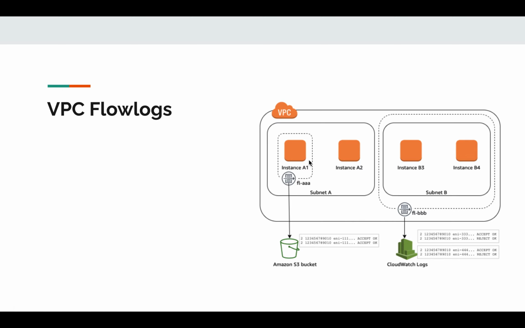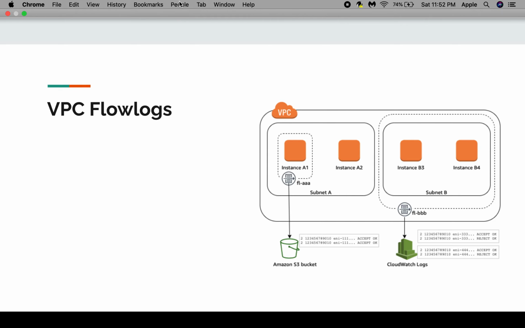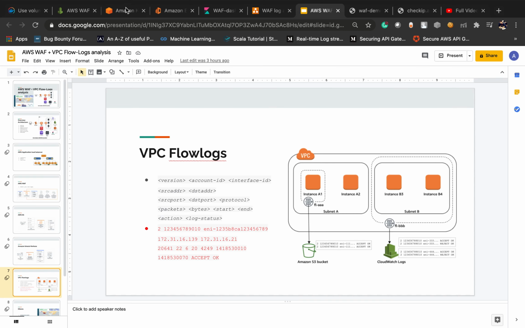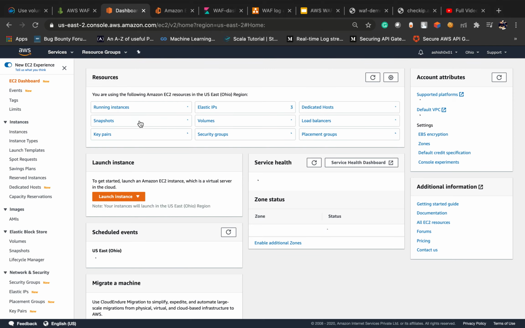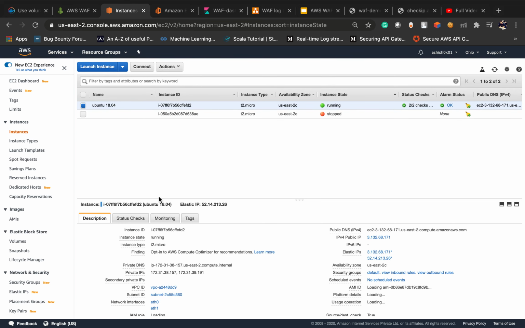Also, in one EC2 instance you can attach multiple ENIs, and based on that you can get different public IPs. So if I go to my EC2 console, here you can see I have one Ubuntu machine.